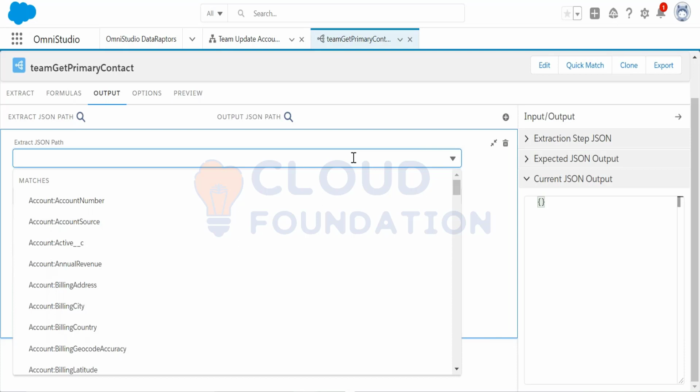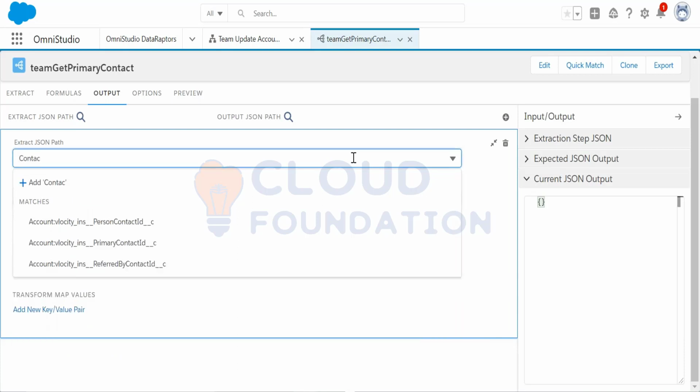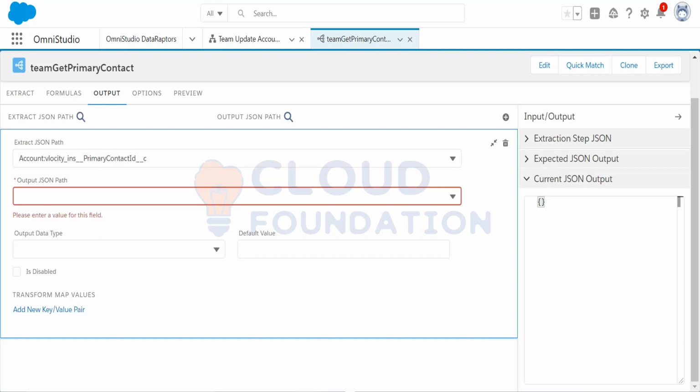Here I want, let's say, contact. Account is the extract path, and this is the field, primary contact ID: velocity underscore ins double underscore primary contact ID double underscore C is the field which contains